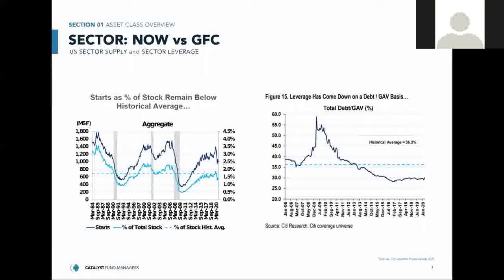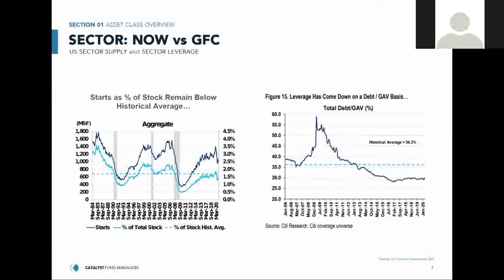So we've had levels of debt come down. We've had maturity profiles improve. Diversification of debt sources has improved. So the balance sheets of these companies are in a much better position compared to where they were going into the GFC. On the left-hand side, if you take a step back